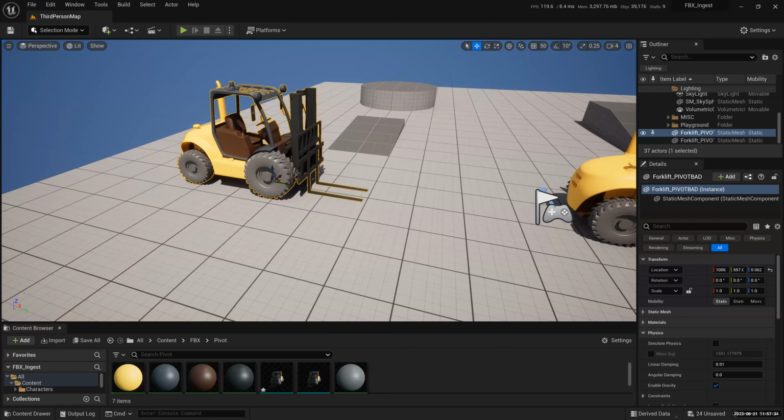Actually, I noticed that my editor doesn't have the scene settings. Can you show us again how you enabled it? Oh, you mean when I was in the editor just now?